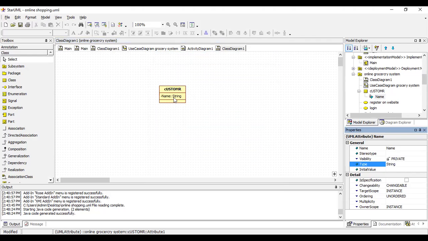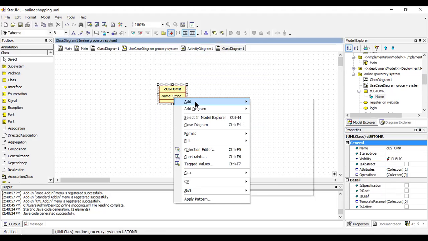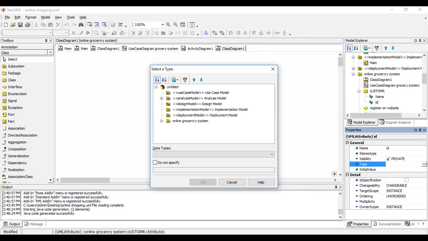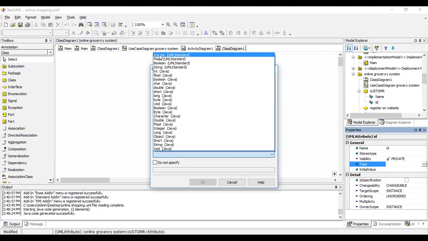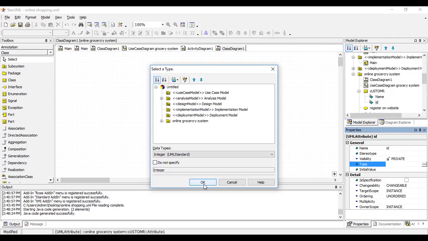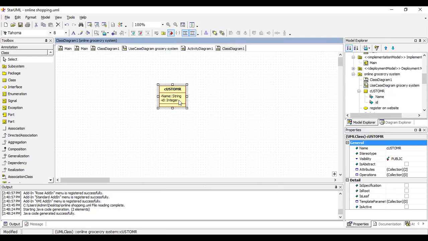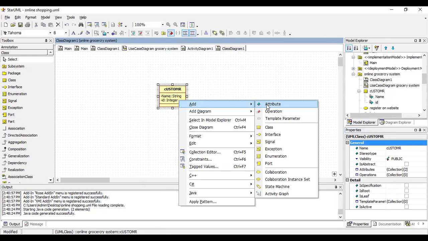Click OK. You will get a string data type. Similarly, you can add more attributes for the customer. As we are using an online system, you need to check the ID. You can type the ID as an integer value or a string value. So use UML standard notation, or if you want to implement specifically with Java, you can select those operations, add attributes again,